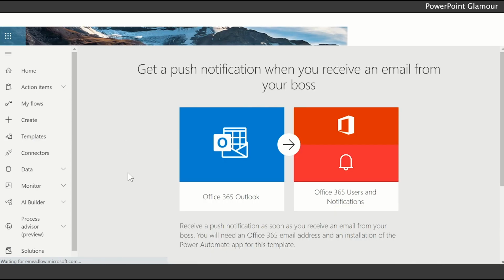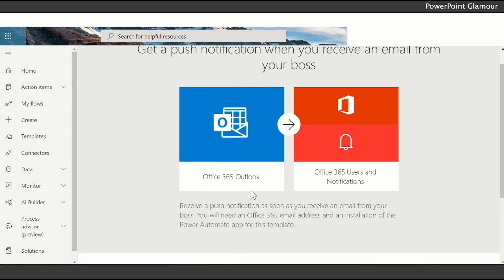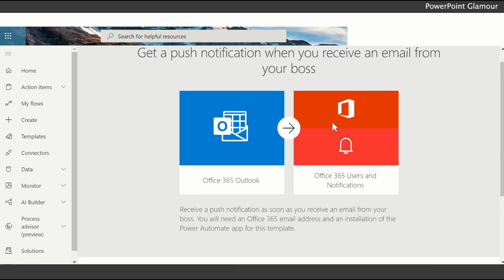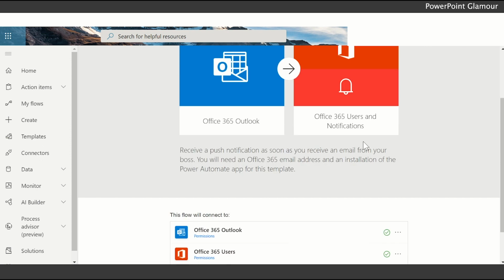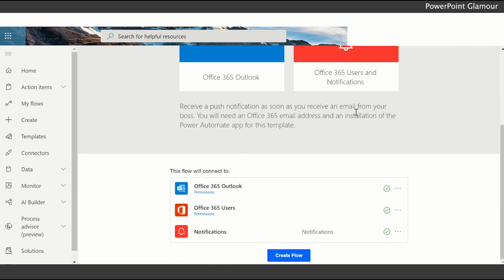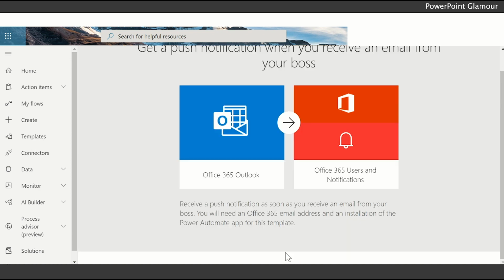So when you click on this, you see the different connectors involved in this. It shows that when you get an email in your Office 365 Outlook account, and then you get a notification. So let's see what are the different connectors. As I said, Office 365 again, the users, and then the notification. And if you see the different accounts, you need to be logged into the different accounts, and you need to see that it has a valid connection as well before you create the flow. So once you click on create flow,